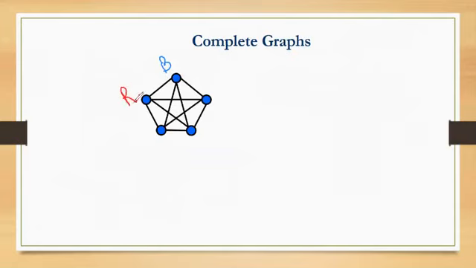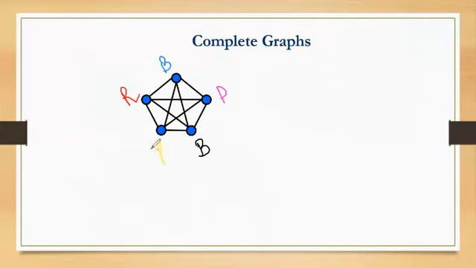Now what about this? Can I assign again red or blue? No, it is connected to the other two vertices, so I need a new color. Let's assign it pink. Now after that, what about these two? This is connected to this and it is connected to this, so this vertex is connected to the red vertex, blue vertex and the pink vertex, so you need another new color. Let's take black. And after that, what about this? So basically in a complete graph, if by now you have understood, if we have n number of vertices, we will need n number of colors.